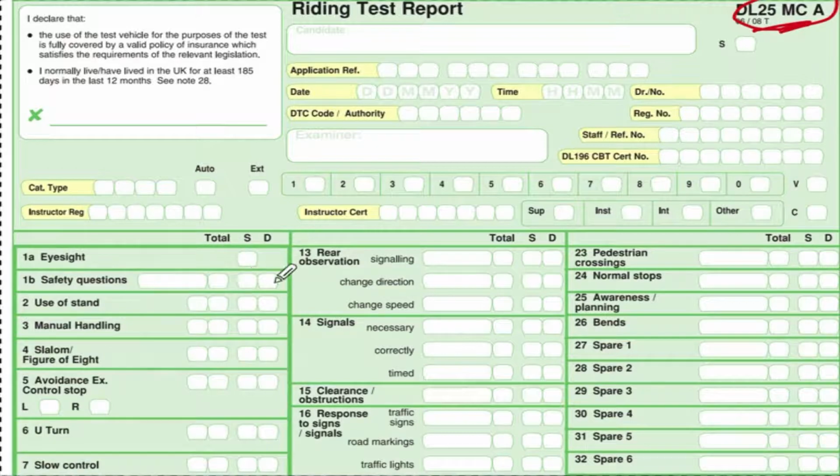Even though they explain it at the back, for some reason it took me reading it a few times to understand how the marking actually works. So I wanted to explain it myself to you, just in case you have the same issue. S here stands for serious fault, D stands for dangerous fault, and everything else is minor faults. So for example, as in my case, where I was riding at a higher speed than the speed limit would allow,